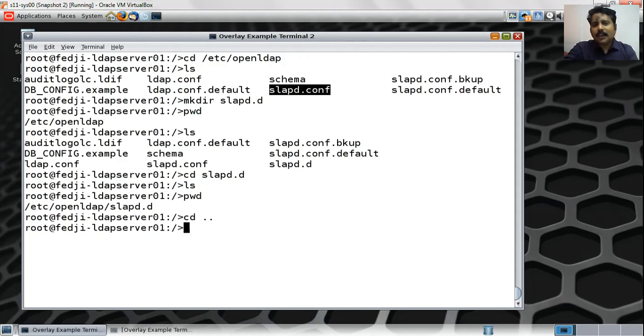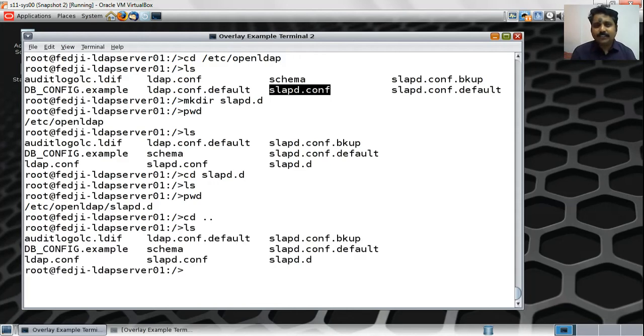Now if you would like to populate this directory, there are multiple ways of doing it. You can create an LDIF file for the cn=config branch, with all the entries under the cn=config branch, and I think you are somewhat familiar with the LDIF syntax and what needs to be written in the LDIF file to load the data into the DIT, that is the directory information tree. So either you should have an LDIF file located under this slapd.d created by hand so that the server uses that to load the data into the cn=config, or you always have a very easy way of doing it by using the